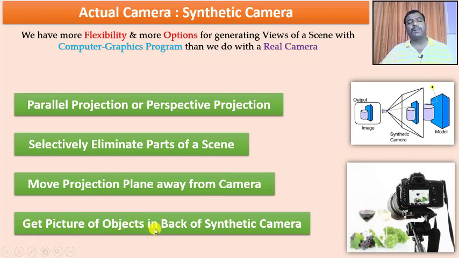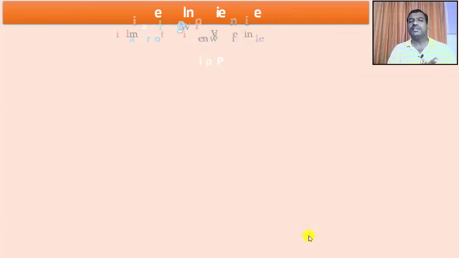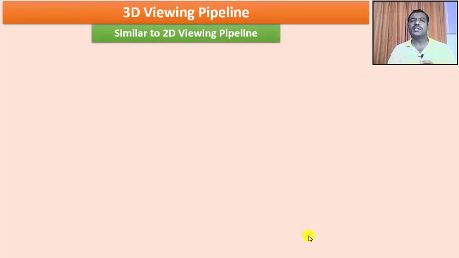Even I can get the picture of the object in back of a synthetic camera. A few of the flexibilities we can bring in if you're talking about a synthetic camera with respect to a computer graphics program. Fine. So now with these camera properties, we'll discuss the 3D viewing pipeline, and it's similar